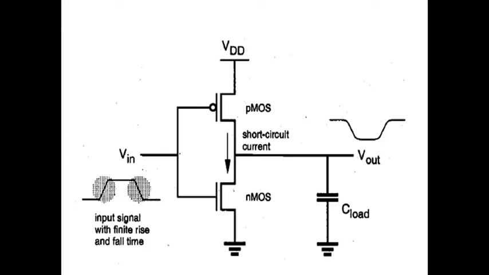Then consider that the applied Vin changes from logic 0 to logic 1. The moment Vin becomes equal to logic 1, the NMOS transistor will get turned on and the capacitor will get discharged through the NMOS. So during discharging, a finite amount of discharging current will flow through the NMOS and that will dissipate a certain amount of power. During both events, charging and discharging, current is flowing and that will dissipate power in this CMOS inverter circuit. The power dissipation that takes place because of this charging and discharging event is called dynamic power.